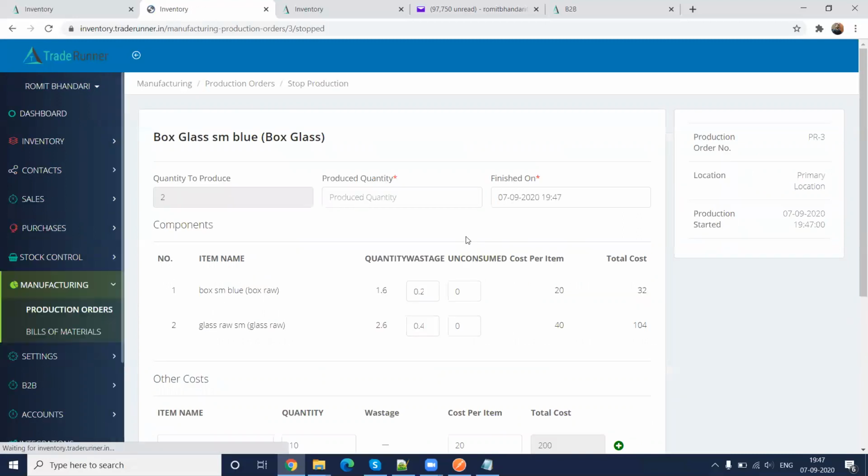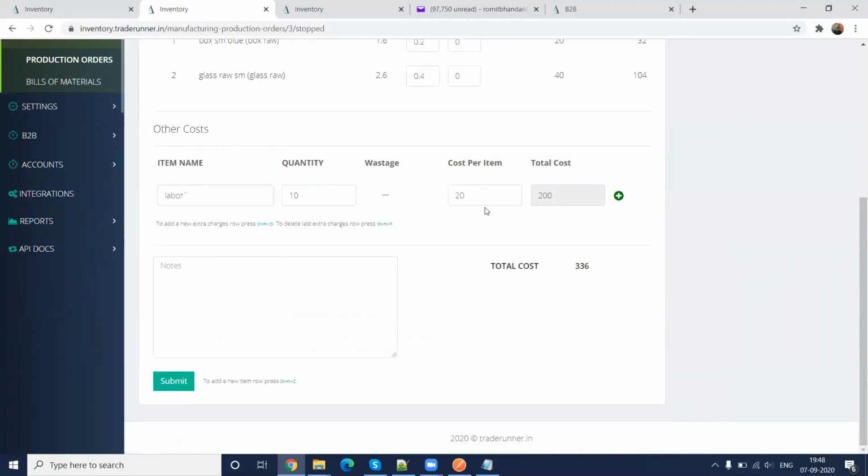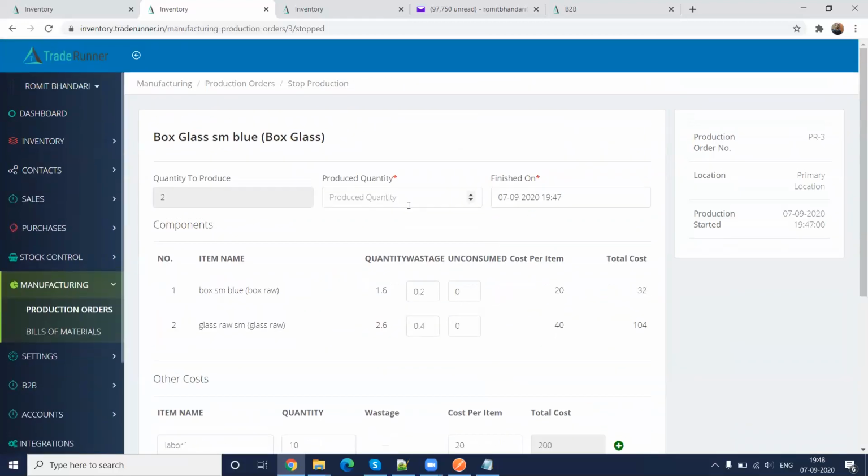Right. So here it is a little bit editable, because what you thought may not have been true, because maybe the wastage may have been a little bit less or more. So here you can go ahead and change it. Similarly, the other things which are editable, you can do that. So the produced quantity, you wanted to produce 2, and maybe you produced 2.5 or 1.5.